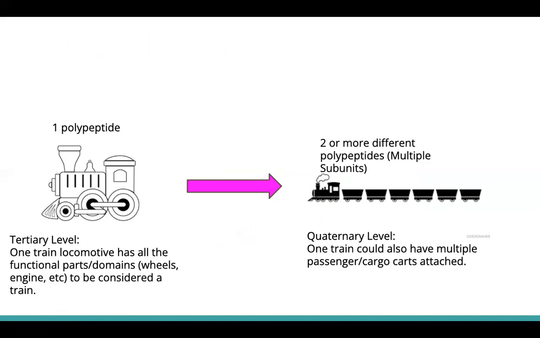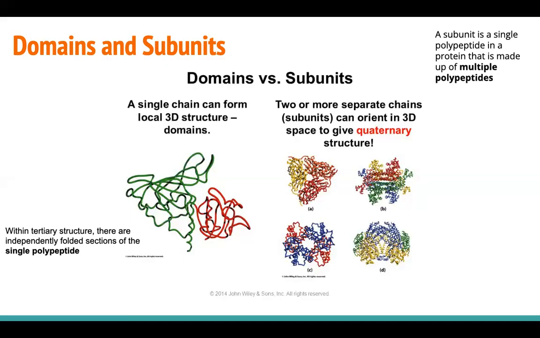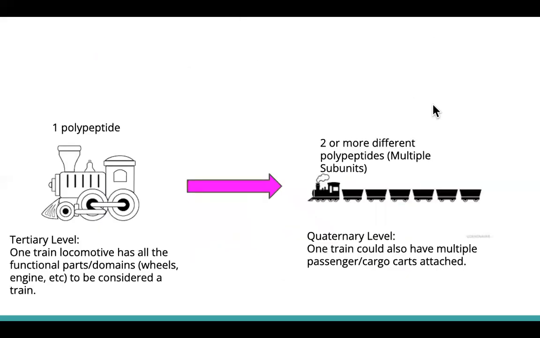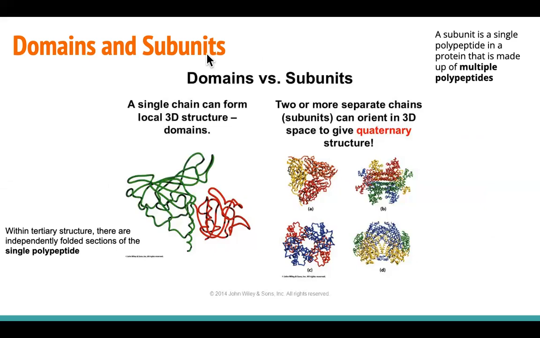Is the domain like different polypeptides, or outside? No, it's just one polypeptide. In this picture, the example of a domain is on the left, the red and green one. In that protein, it's one long polypeptide chain, but it has two different domains. You can tell because the green side is one domain and the red side is another domain. Even if it's not color coordinated, because sometimes on exams it might not be,